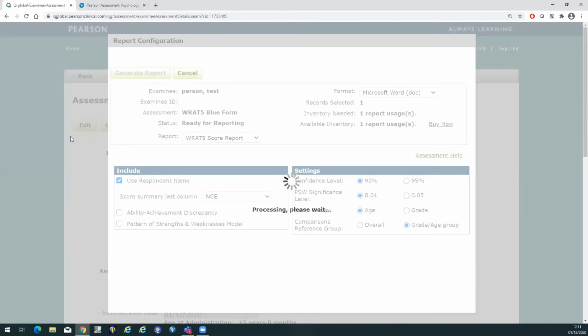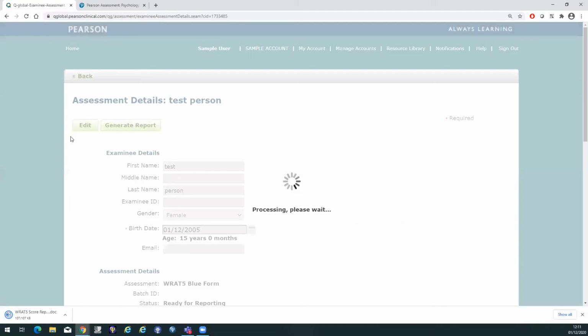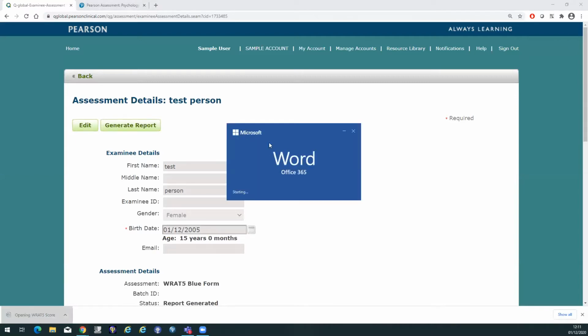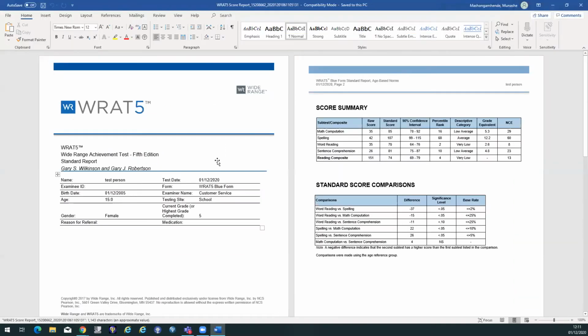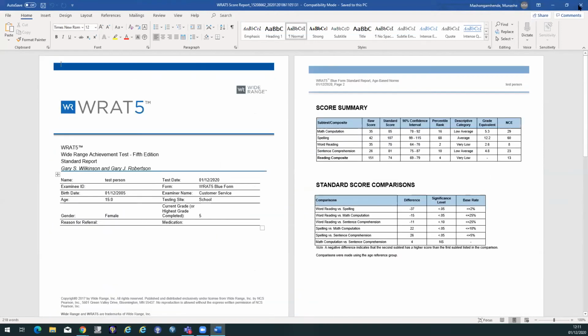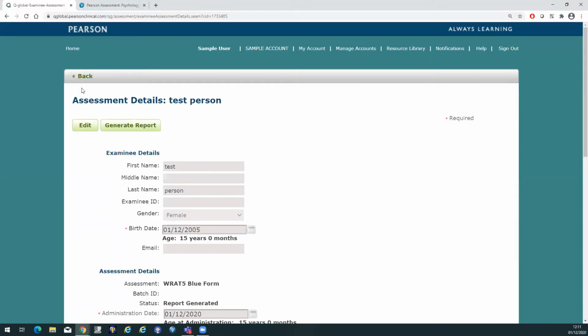The reports extract themselves instantly from the platform and they will sit on your computer as a file. This one here is the Word document report. I won't go through it, but just to show you how quickly this can open, I'll bring it up on screen. So that's a standard score report template for this particular test, and it's incredibly instant. That was the manual entry feature for the RAT5,